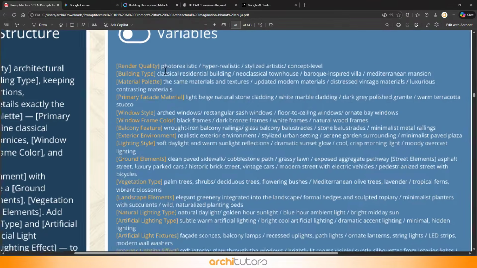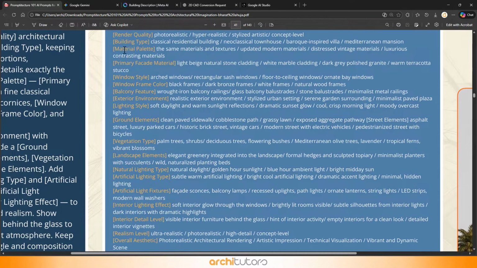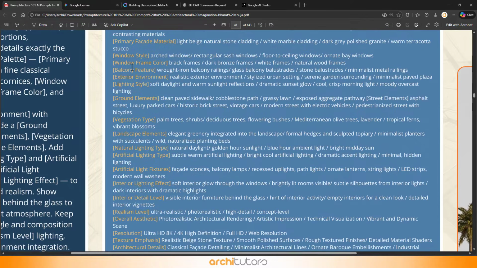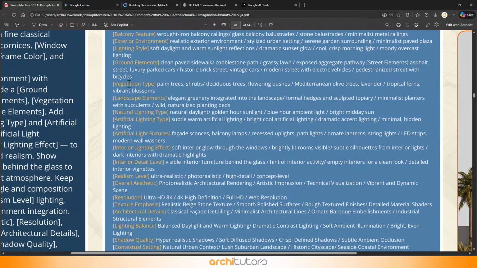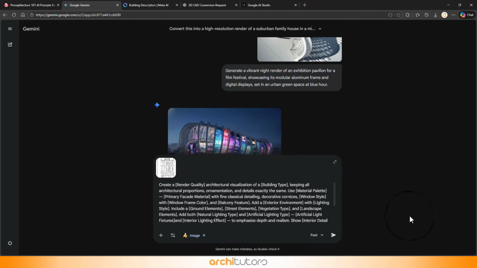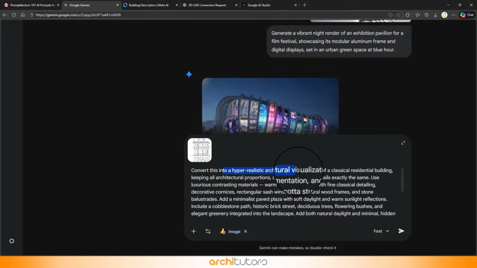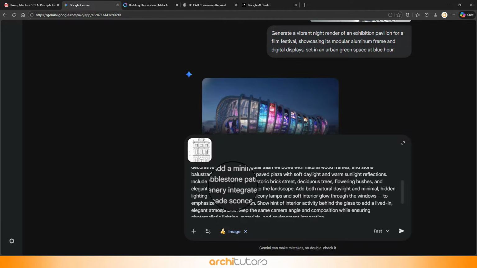Next, we move into 2D to 3D elevation rendering in extreme detail. This workflow lets you transform a simple elevation into a hyper-realistic visualization by adjusting variables like facade materials, building type, windows, frames, balconies, lighting, and even room details. For this example, I copied the basic prompt structure and used Gemini with a 2D elevation image. My final prompt reads, "Convert this into a hyper-realistic architectural visualization of a classical residential building, keeping all proportions and